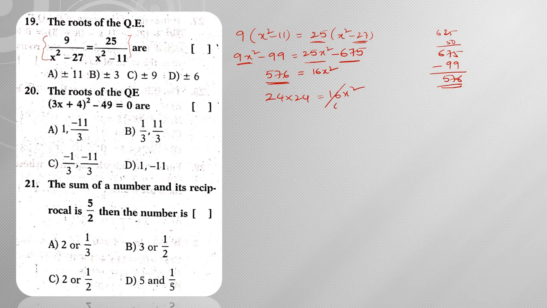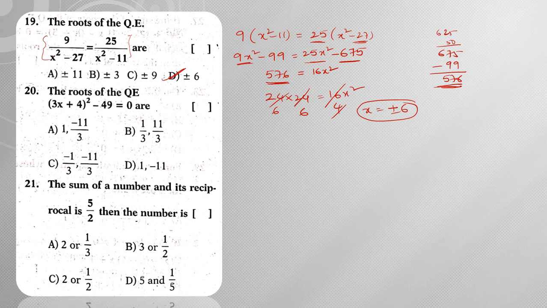In 4 table, this goes 4 times. In 4 table, this goes 6 times. So 4 6s are 24. Again in 4 table, this goes 6 times. So based on this, x can be written as plus or minus 6, hence the answer is plus or minus 6. So while doing calculation, you should be clear and you should make it very simple.